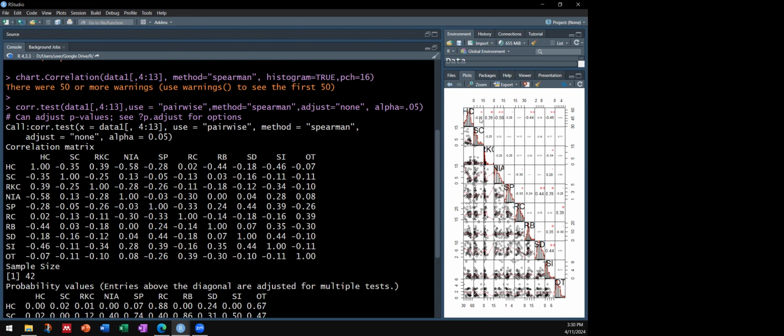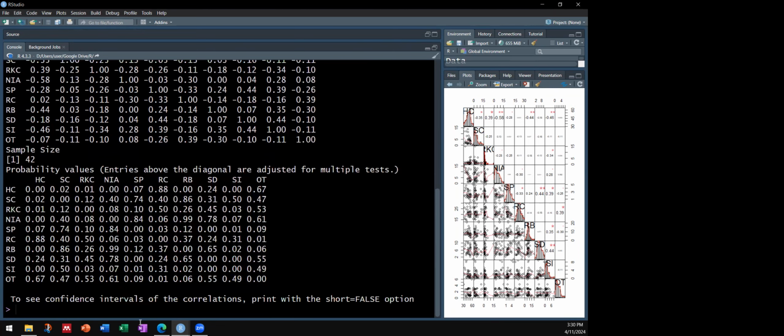Like, for example, on the top right, this is -0.58. NIA and hard coral is -0.58. So the value here and here is the same. And for significant difference, you will have to see any value which is less than 0.05 for the top triangle. So this is the value that determines the asterisk. One asterisk is less than 0.05, which is this one. If you have 2 asterisks,